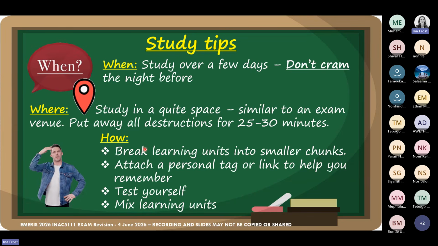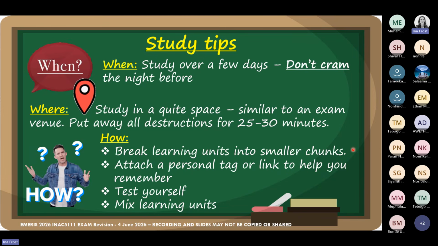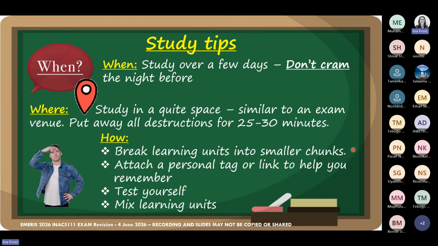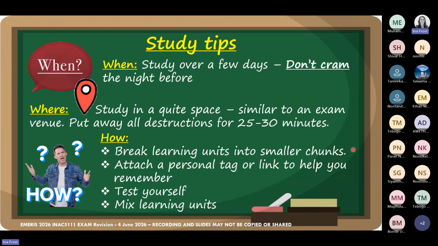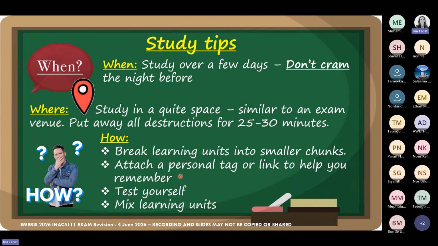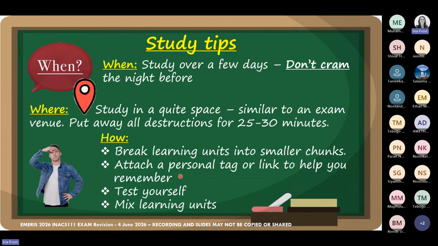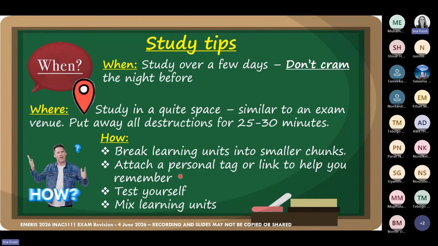What to do then in your revision time? Try and break it up for yourself in smaller questions. So preferably don't try and do a question with all the journals, general ledger and trial balance. Try and break it into smaller chunks where you say, in this next 30 minutes, I'm going to do a debtors journal, or in the next 30 minutes, a trial balance, so that it doesn't become overwhelming. If there's things that you're struggling to remember, if you can relate that to yourself, it might help you to remember a particular fact.